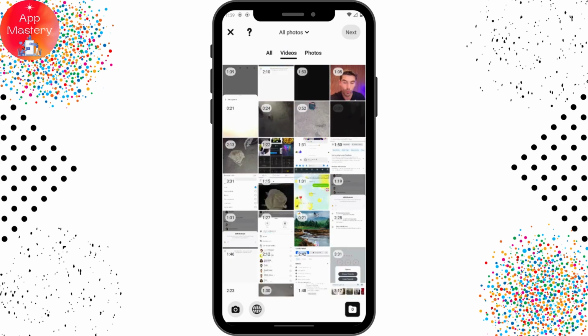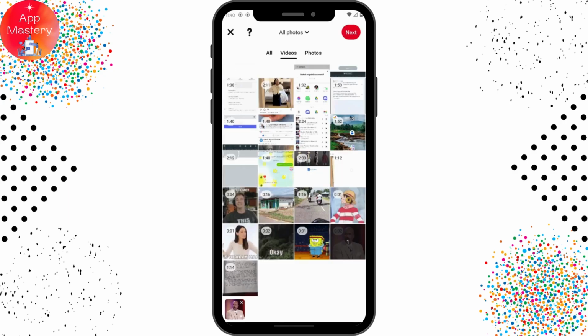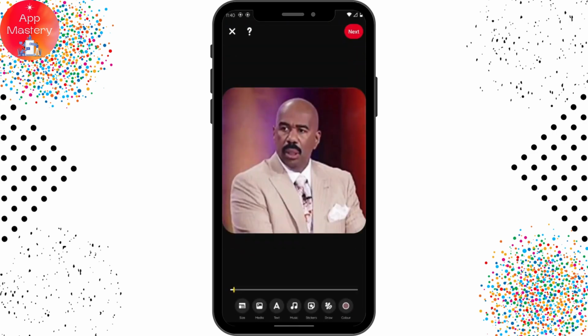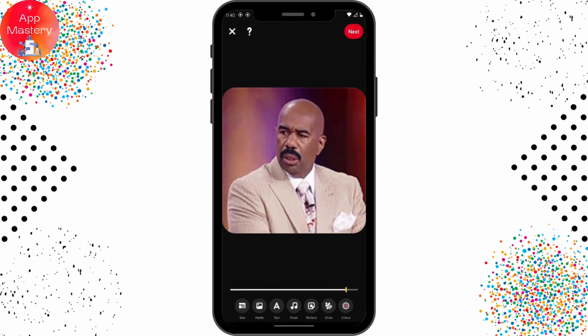If you want to post a Pinterest video, or if you want to post a video on your Pinterest, then you can go for videos, and then you can select a video. So for example, I'll be choosing this video, and after choosing the video, now you can simply go for the next, which is on the upper right, and from here you can simply adjust the size, media, text, music, stickers,